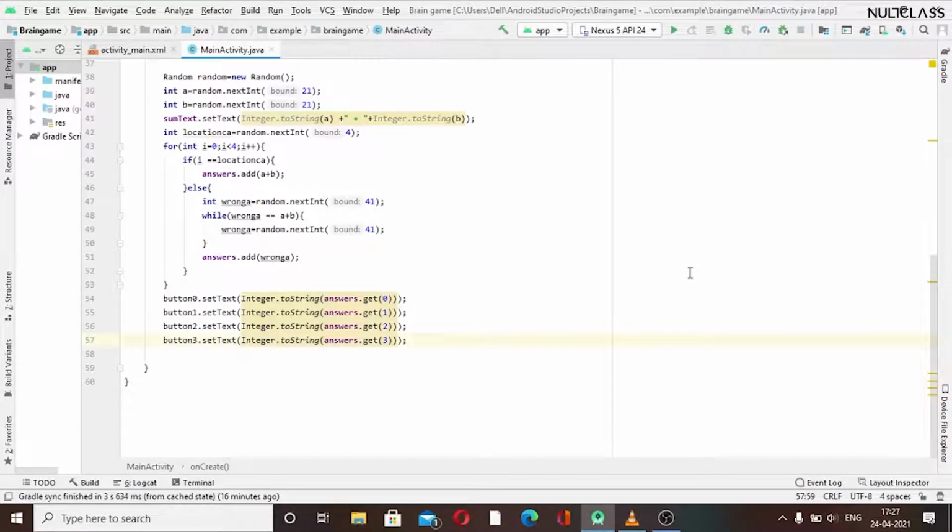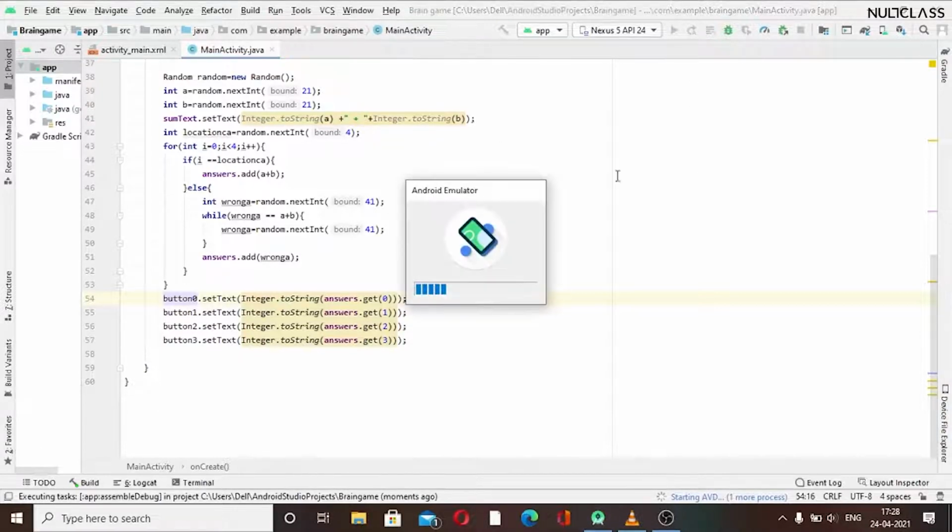So I have seen what was wrong. I have just written 0 here for all four, as I have not changed their IDs. So on changing these to 1, 2, 3, the app is working. So let's just give it a run now.